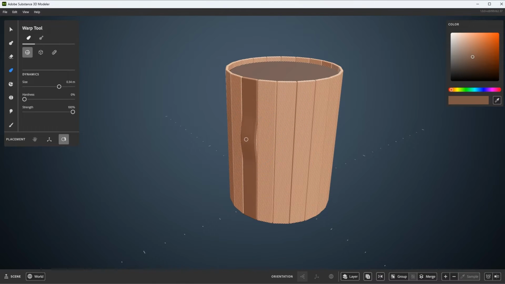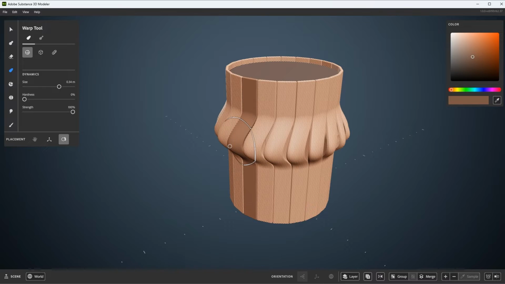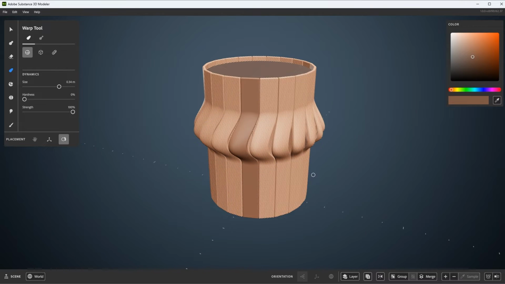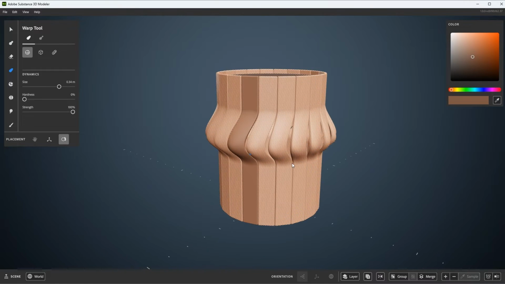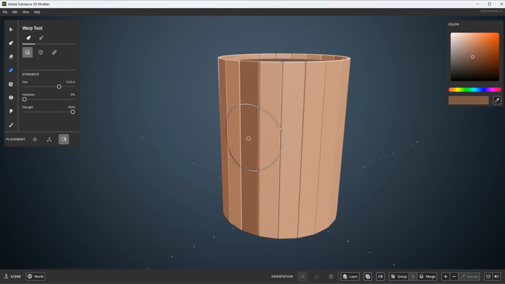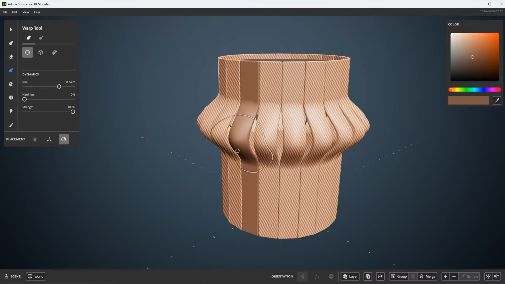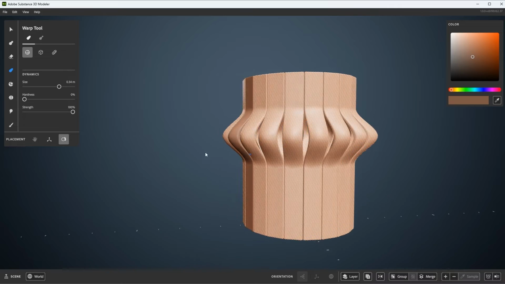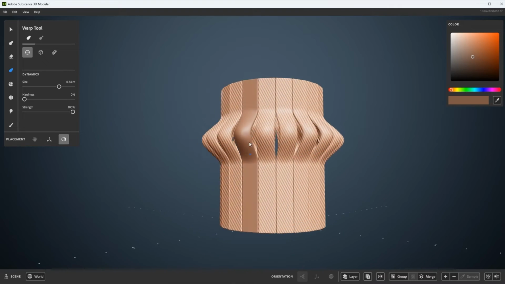So for example, let's scale it up. Let's just left click and drag. I start to do a warp. When I let go of my mouse, that warp has been propagated to all of the other planks. Pretty cool. Now, another really quick technique here that you can use is I can actually warp based on the surface normal. So if I hold down the Z key and then click and drag, I'm actually performing this warp based on the surface normal. So here I can make sure that this warp is pushing out right from the surface normal, let go of my mouse, and here you can see that we're getting that warped result propagating again to all of the other